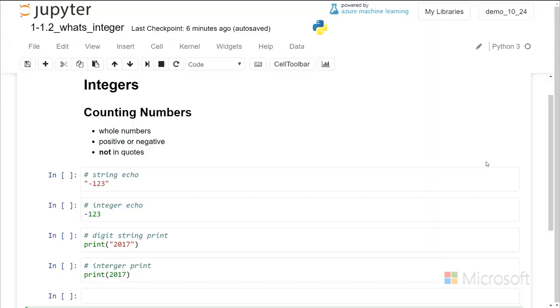But the difference is a string is just a representation of a picture of that number. It's the representation of the shape of the number 3 versus the actual integer number 3, which is something that we can do mathematical operations with. And so the difference between the two is quotes and not quotes. So we see that their string